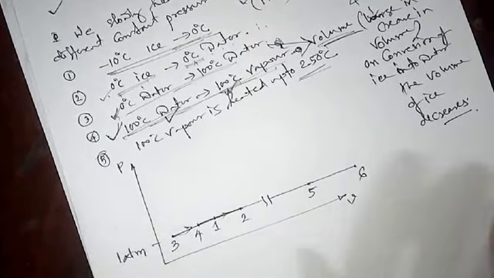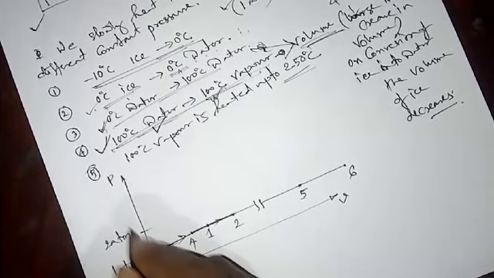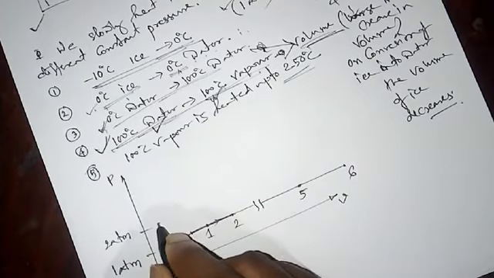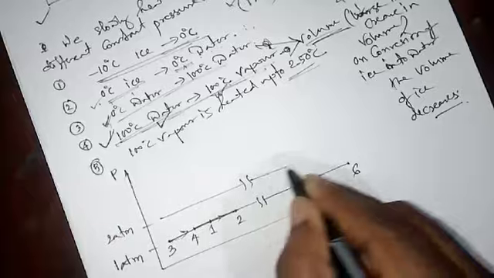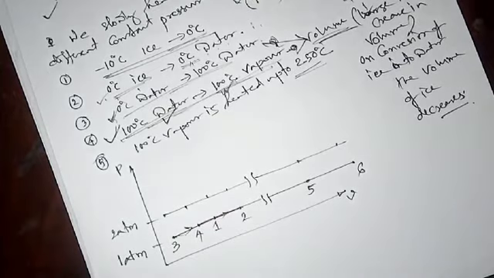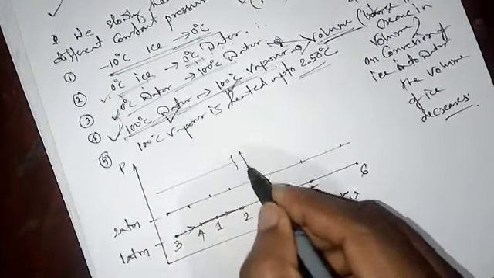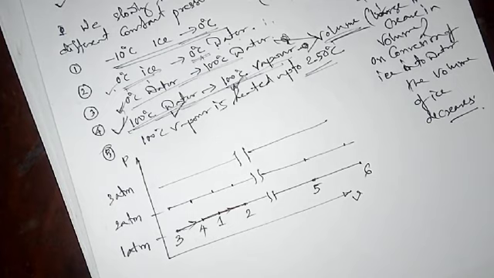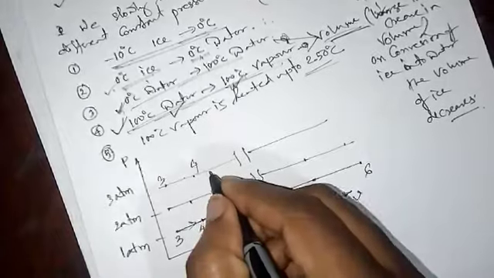In the next step, we also heat the same sample of ice which is at minus 10 degrees centigrade but at 2 atmospheric pressure. Here the constant pressure is 2 atm. In that case, we will also get a graph like this. Suppose this is 3 atm. We are slowly heating the ice sample at 3 atm pressure. So another graph will be this one.